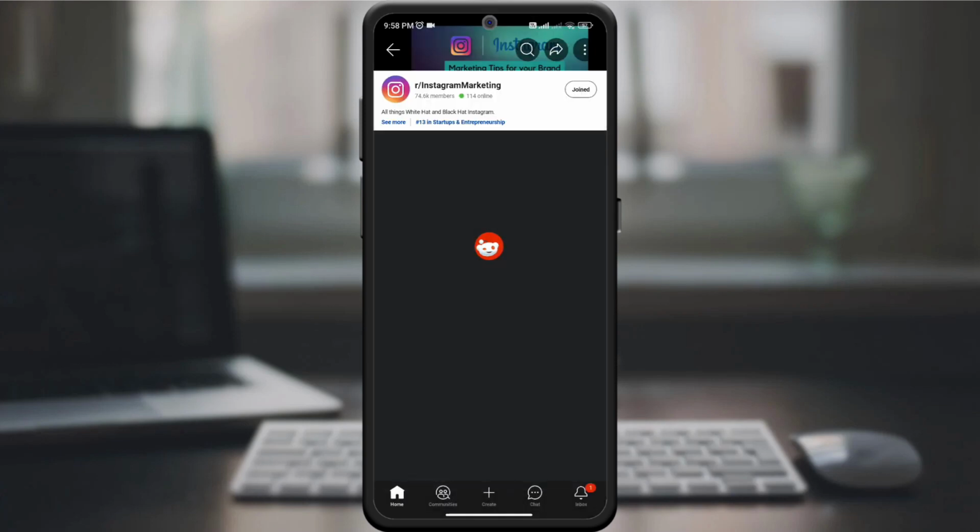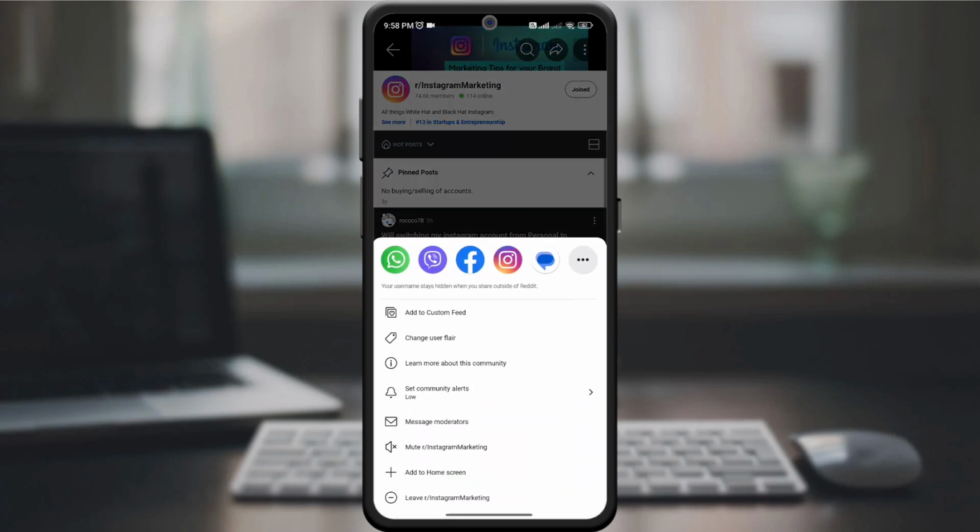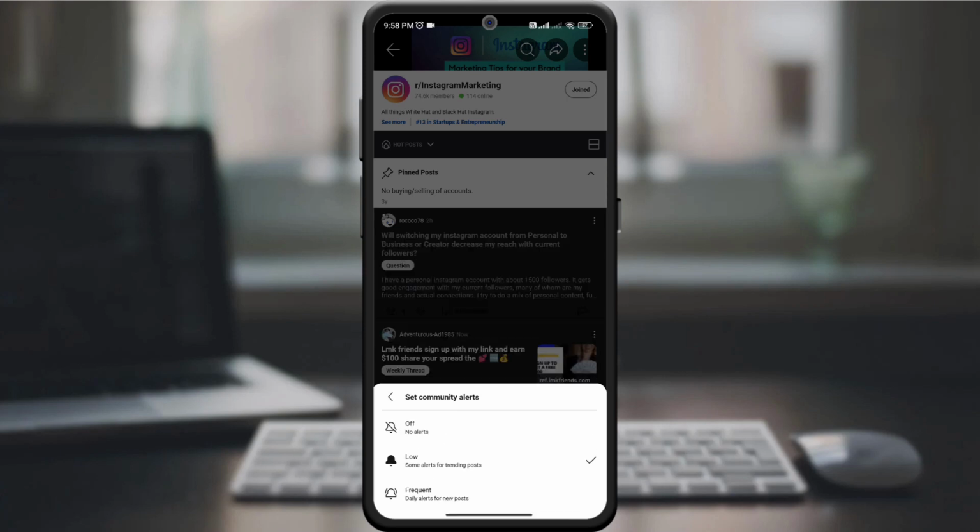Opening a new page, look for the three dots in the upper right corner of the screen, then click on them. Then on the new page, look for the Set Community Alerts option in the drop-down menu. Click on it. By clicking on the option, you will be presented with three options, the right one of which